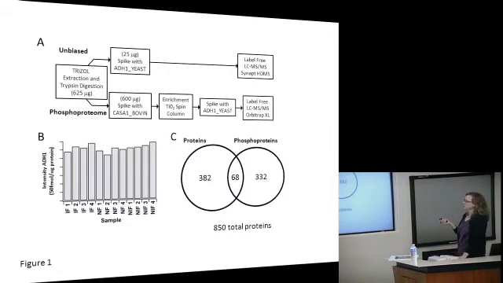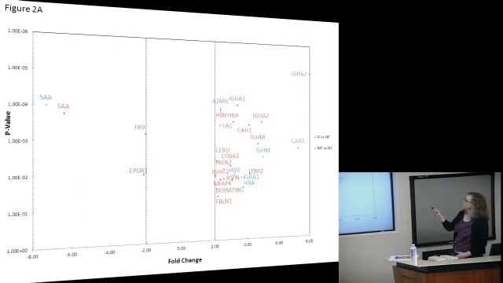And from all 12 samples, we were able to both qualify or identify and quantify 850 total proteins that we could compare the relative levels of them to each other in these different samples. A summary of this data, or a summary of the proteins that were statistically significantly different with a greater than twofold change in the ischemic failing versus non-failing shown in the blue, or the non-ischemic failing versus the non-failing controller shown